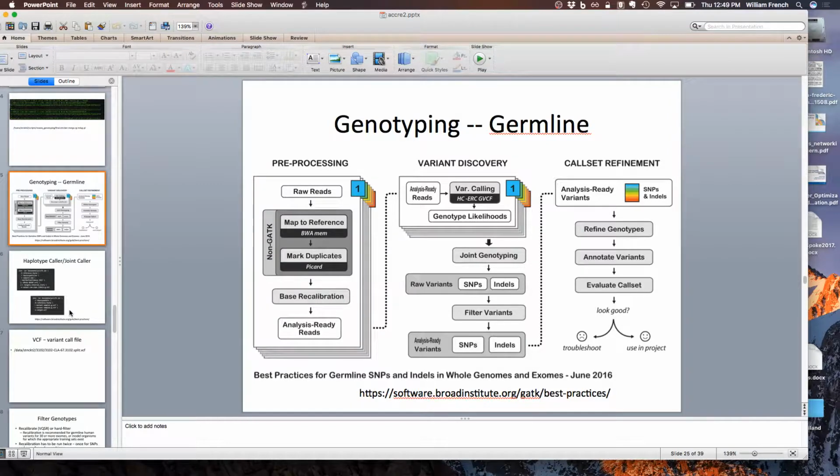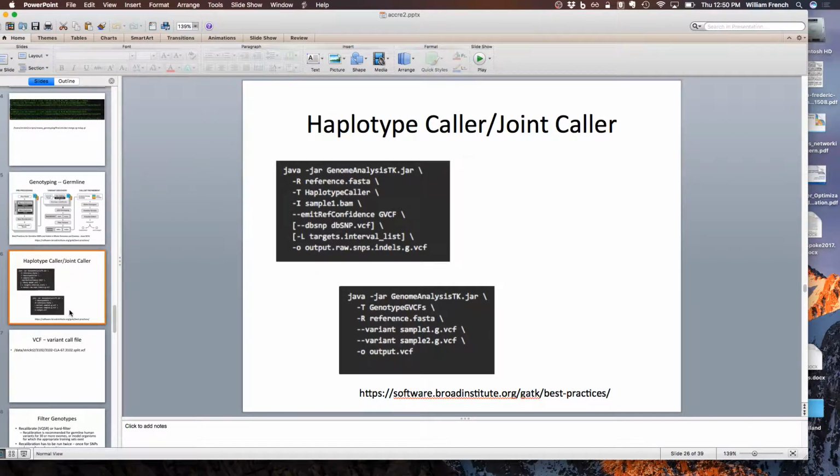So a couple gigs times a couple hundred samples, and all of a sudden you're blowing up your storage on ACCRE, and you need to get rid of some files. So my script deletes those automatically, which is why I try and generate all of them in a single set of steps. So now we're ready for